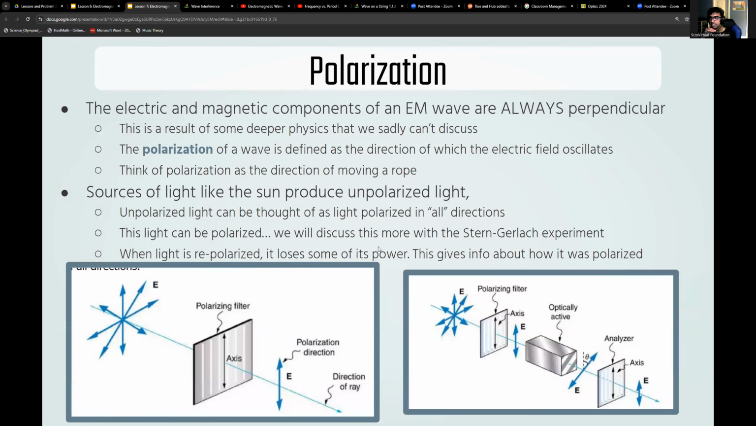Because sunlight and light sources in general produce unpolarized light, which can be thought of as light polarized in all directions. This light can be polarized, and the idea of polarization and spin have similar ramifications when it comes to polarizing and collapsing, which we'll discuss when we talk about the Stern-Gerlach experiment. But when we repolarize light, we lose some of the power because we're basically getting rid of about 50% of this wave, right? You think about this component right here, we're getting rid of all of this,